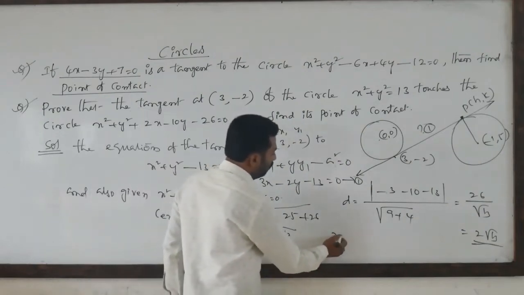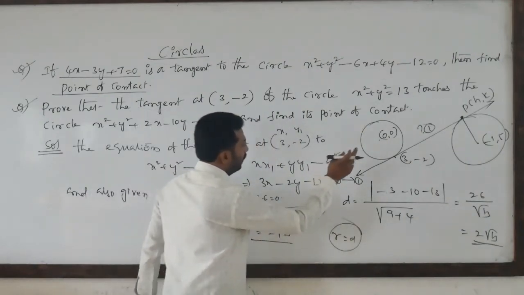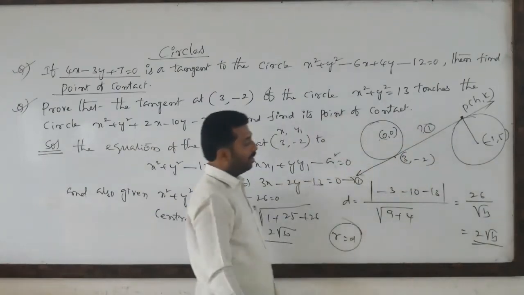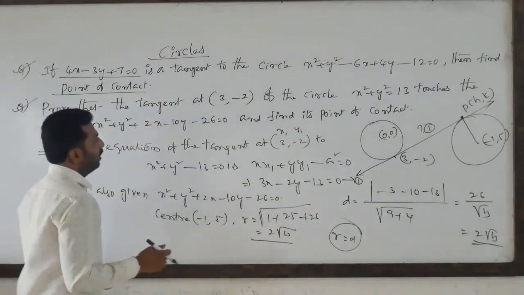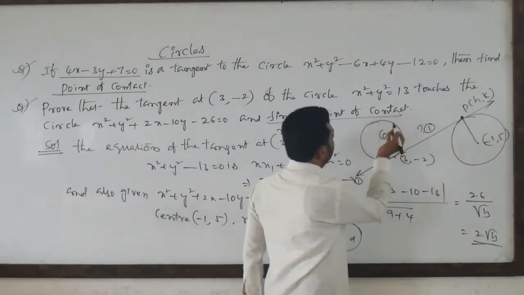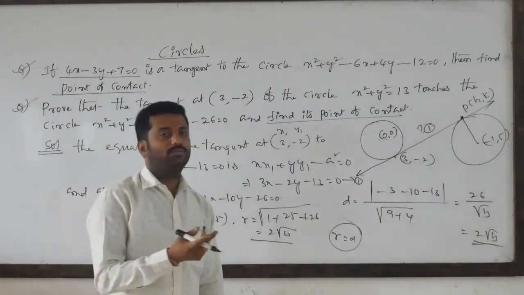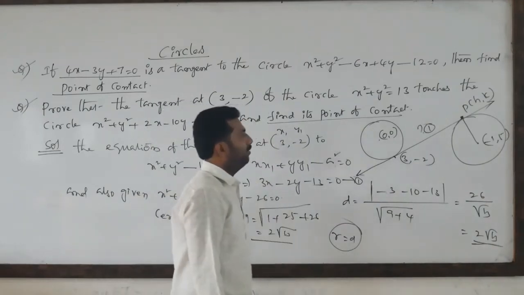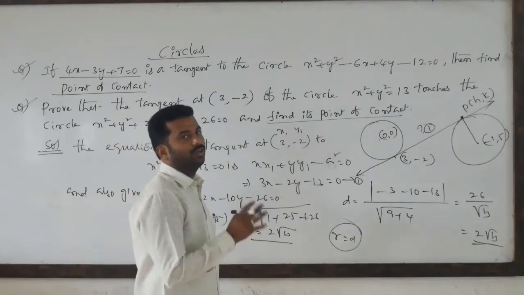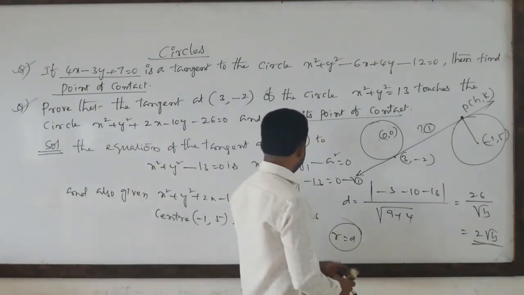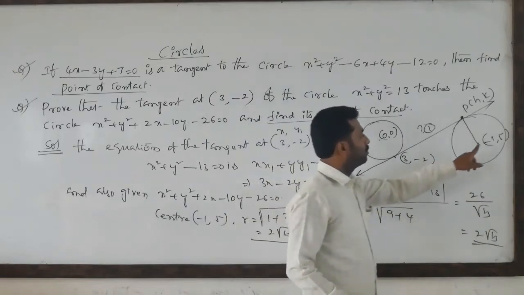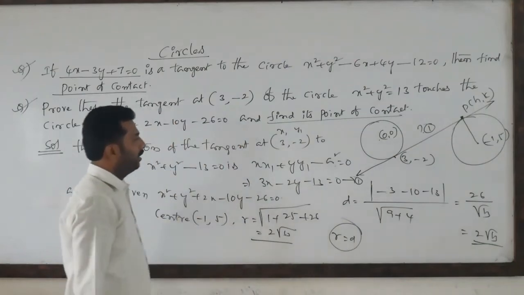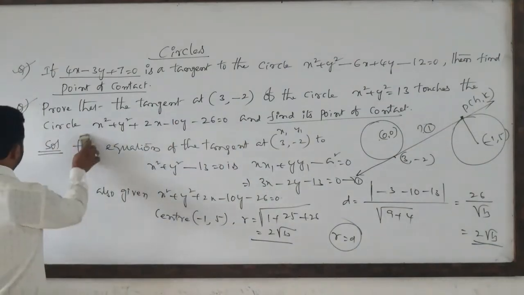So r equal to d, nothing but the tangent to the first circle also touches the second circle. They are asking finally the point of contact. Just the previous method I told you: (h minus x1) by x coefficient equal to (k minus y1) by y coefficient equal to minus of (a x1 plus b y1 plus c) divided by (a square plus b square). So here this is a x plus b y plus c equal to 0. So this is x1 y1. Here h comma k we have to calculate. So like that we have to answer these type of questions.